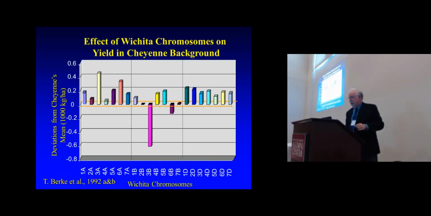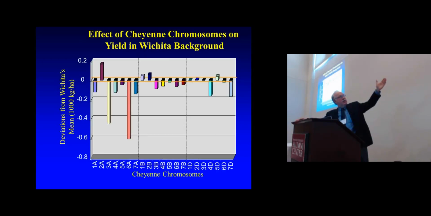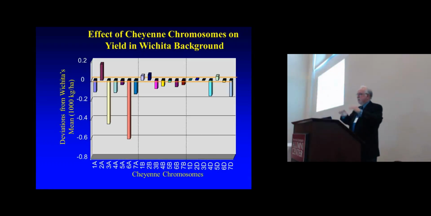Like I said, she did this in pairs. This is Wichita. Same slide. By the way, the first slide is 1,000 plots of yield data. The second slide is another 1,000 plots of yield data, just to give you an idea of what it takes to get this. But we were curious. Yield's an important trait. 3A from Cheyenne when put into Wichita devastates yield. 6A when put into Cheyenne devastates yield. And 3B has no effect. Okay. This is the paired slides.